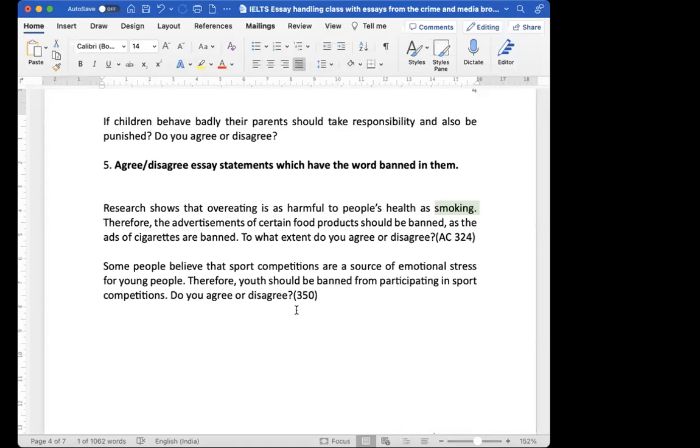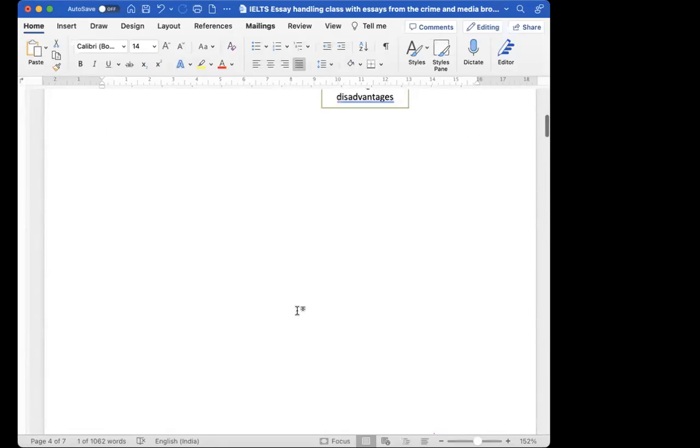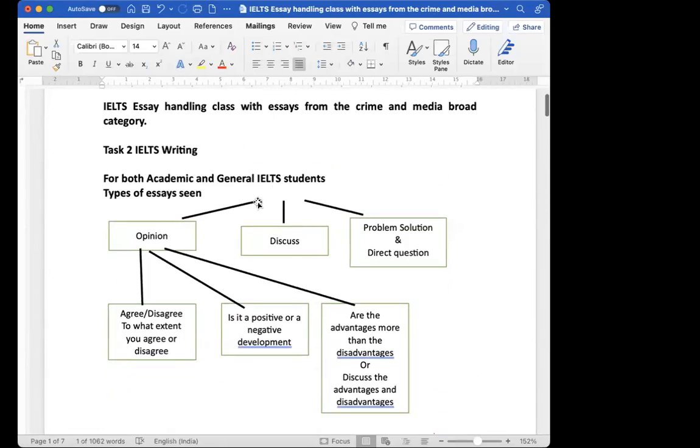So now what we have done today, these are the types of essays we began. We have done all the types of essays I've told you in a nutshell. Then we've done the opinion essay. We began with that, and we have touched the agree, disagree, and the 5 types of agree, disagree essay. Now what is left for tomorrow is 4 more types. So tomorrow we'll touch these, and the whole class on handling all types of essays will be done. All right. So be in my class tomorrow.